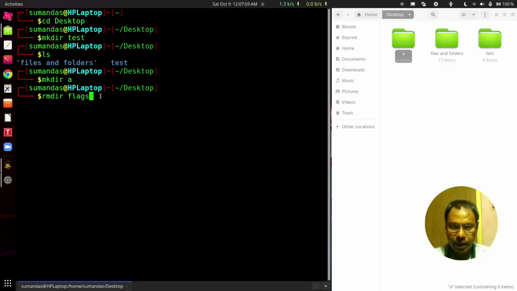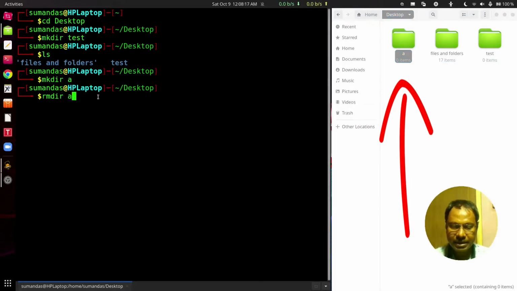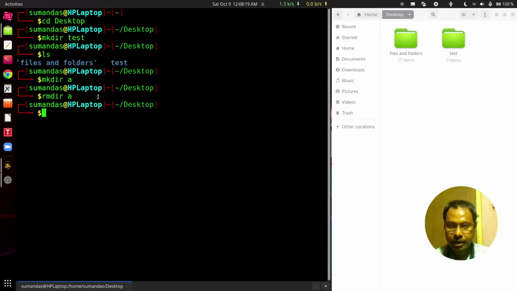So here suppose we want to remove the directory A. So simply rmdir, then space, then the name of the directory. Press enter and you look here in the file manager, the directory A would be removed. Let me press enter and the directory A has been removed.